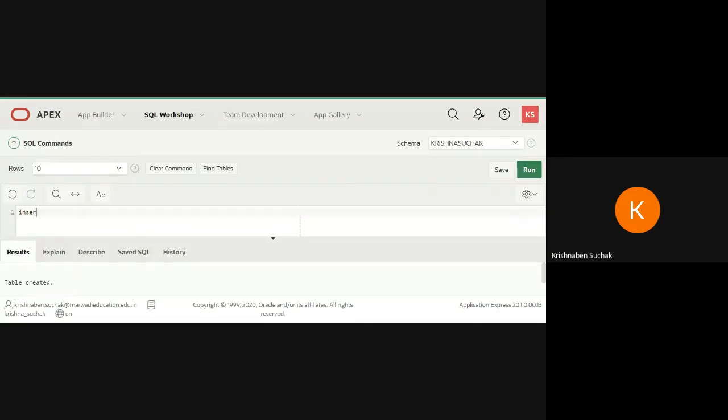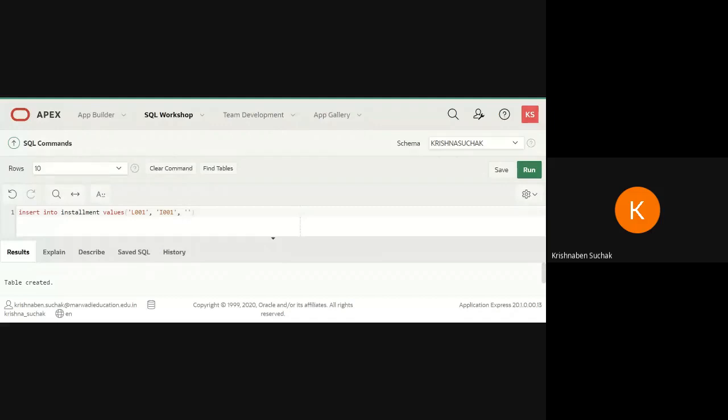Insert into installment values. Which values do I need to insert? That is L001 and I001, that is installment number. I001, then date.